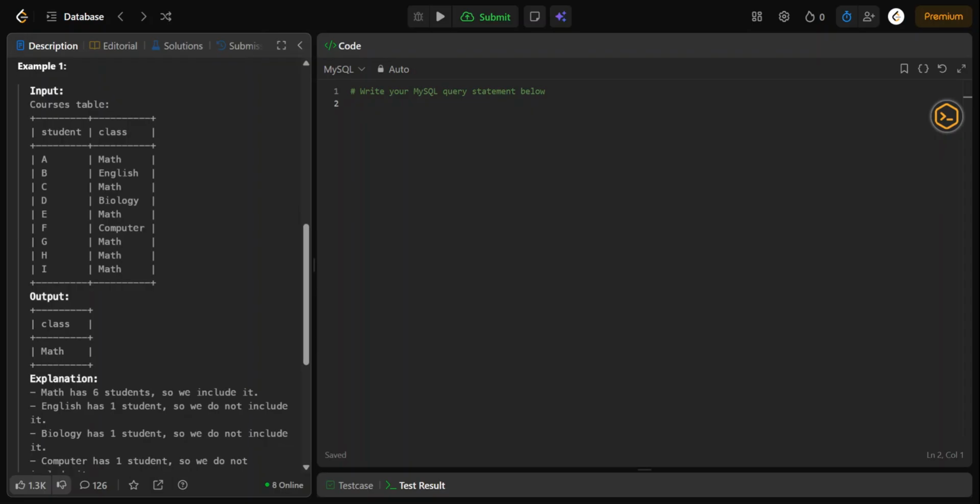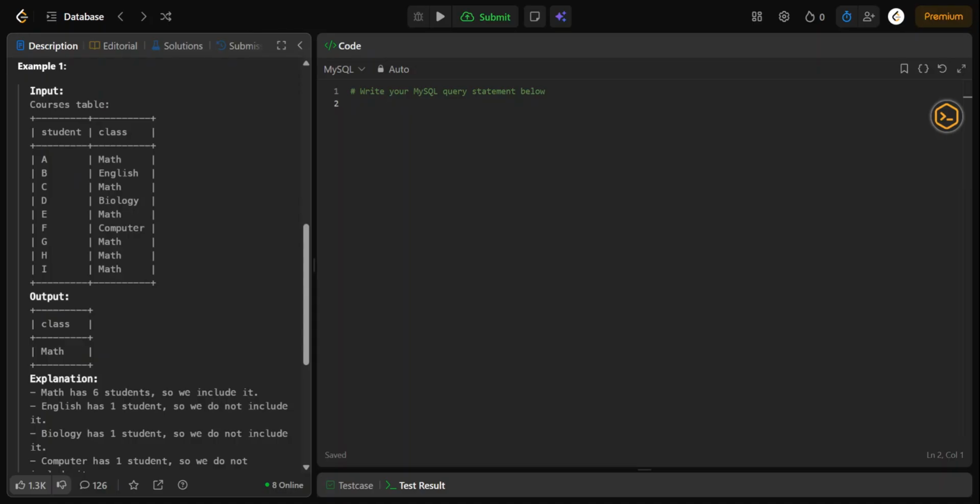Students A, C, E, G, H, I count is 6 students, whose course is math. So for course math, the total number of students is 6. For English, only one student. For biology, only one student, which is D. For computer, only one student, which is F.